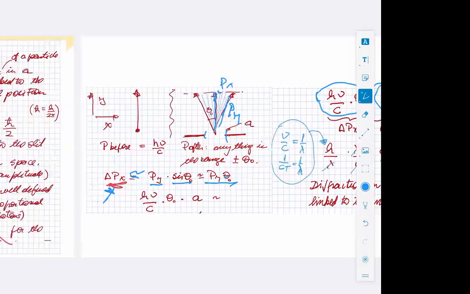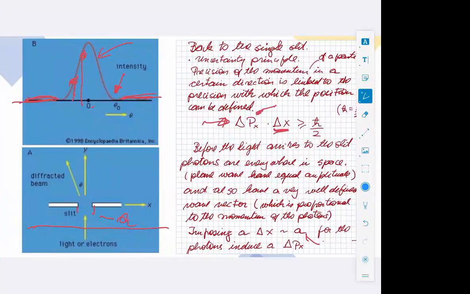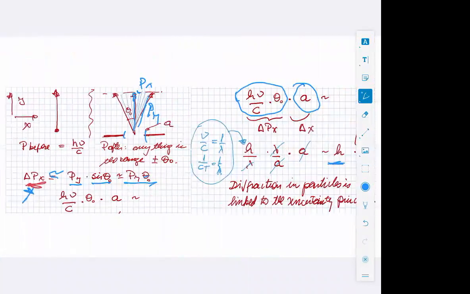What does the uncertainty principle say? It should be a little bit more than h bar over 2. So it should be greater than h bar over 2. Well, this is greater than h bar over 2, but it is of the same order. So what I'm saying here now is that this